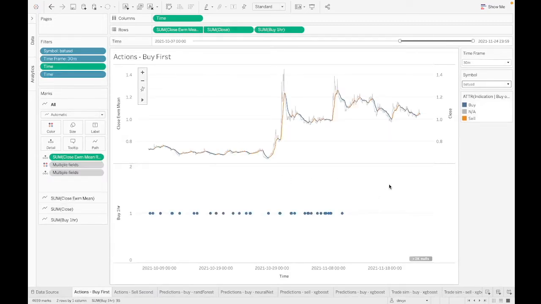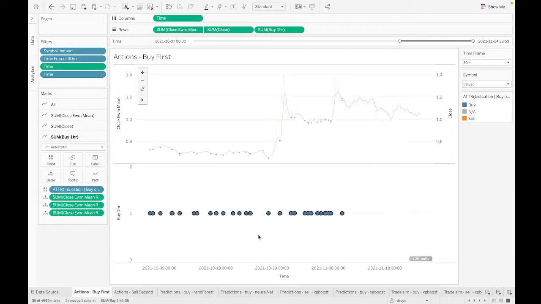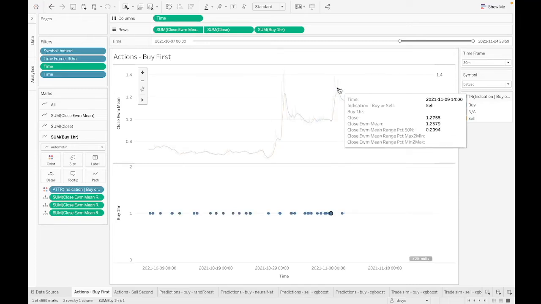So early on, the way we would do this is we would set some kind of rule-based filters, even here within Tableau, and then highlight the data, those points of interest that we want to further label. Okay, all of these are points of interest, maybe for potential buy positions, but maybe I don't want to buy this one up here, so I'm going to label this one a no. And I do want to buy this one down here because this is right before a nice big surge in